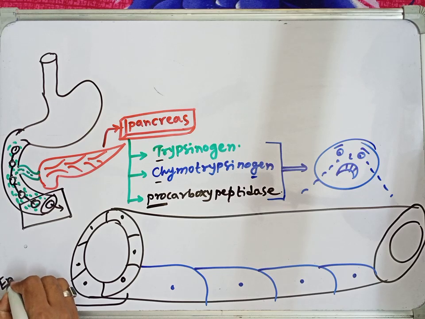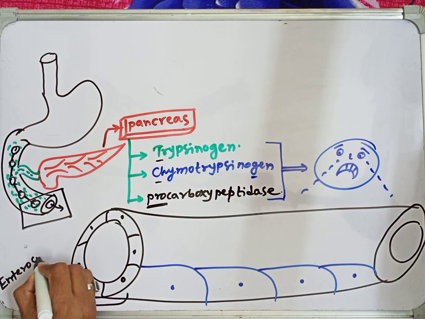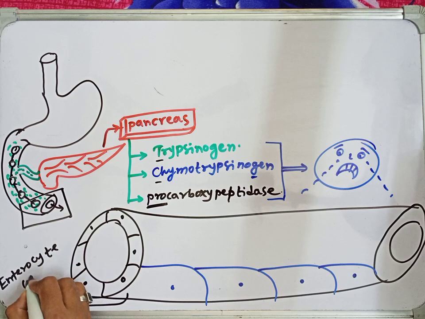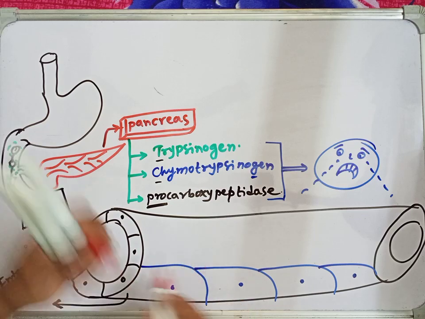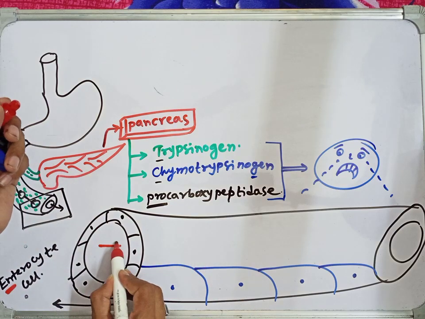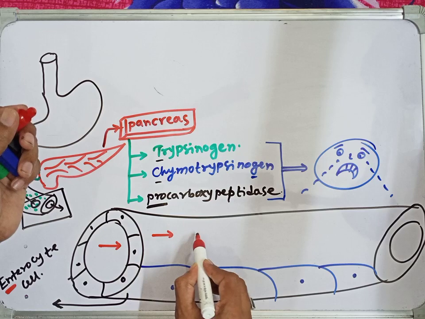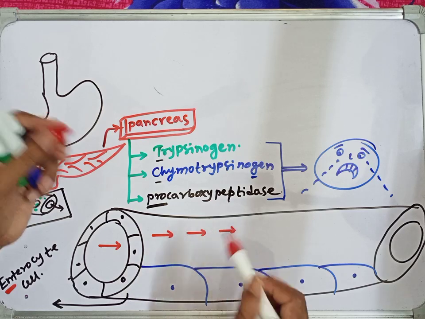Enterocyte cell, enterocyte cell present in our small intestine. Just a simplified way to understand that. This enterocyte cell is our small intestine cell, and the food now migrates from this portion, and there